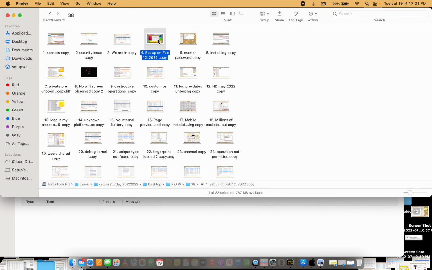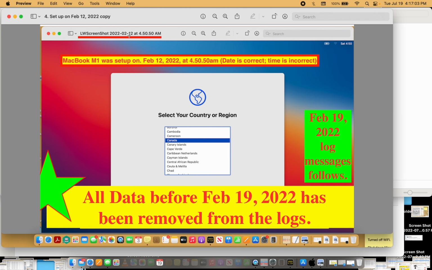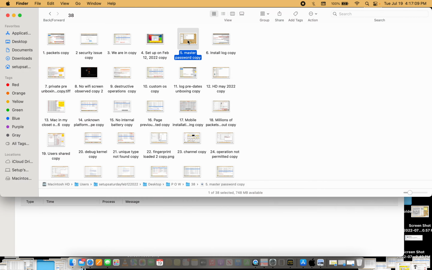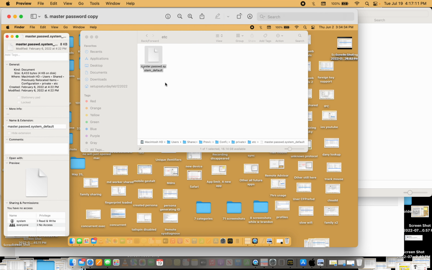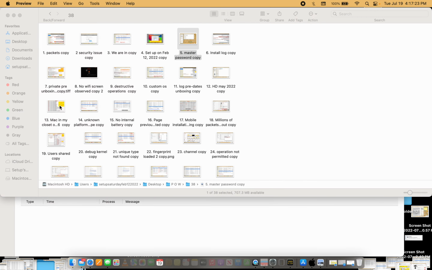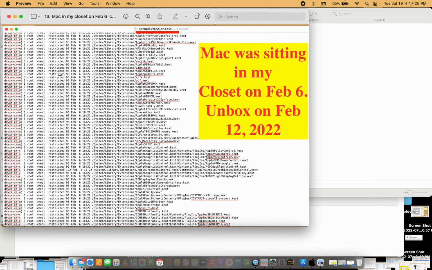Then here, I unboxed on the 12th of February, 2 weeks into February. But my log messages say there's a master password on my Mac that was created on February the 6th, 1 week before I unboxed the Mac, while the Mac was sitting in my closet. Okay, so here it is. February the 6th,